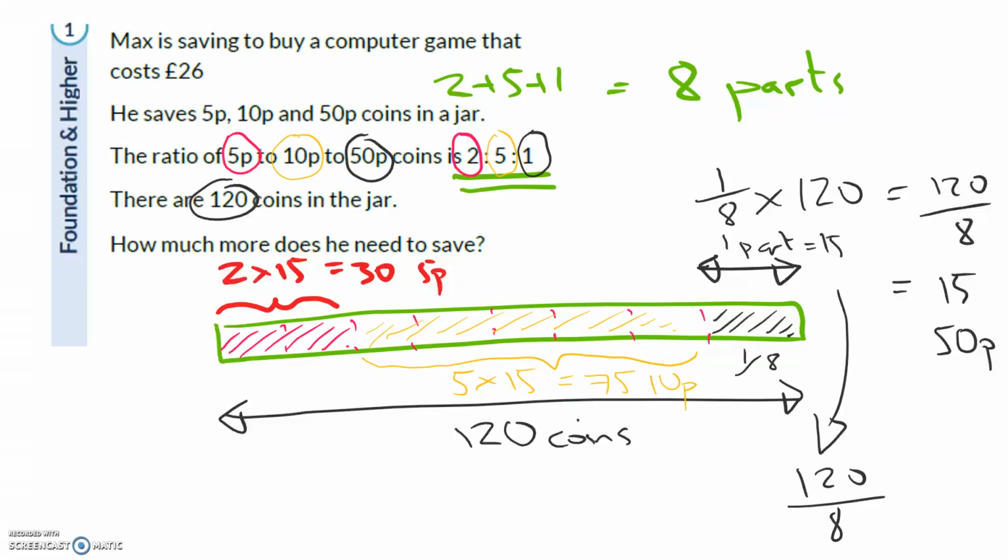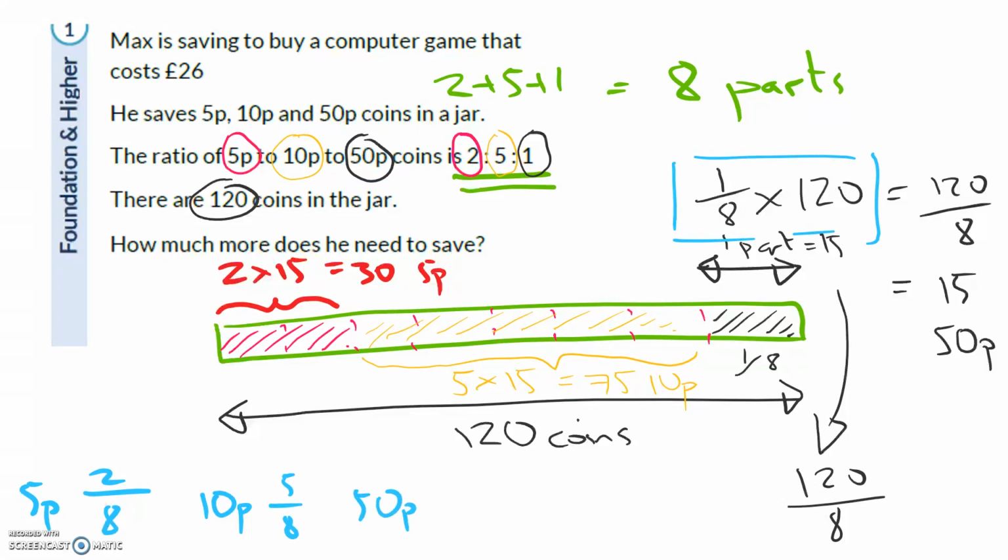Just before I stop, okay, when we look at this 1/8 times 120 here, there is another way to do the whole part of this question like that. We could have just used fractions. We could have said, okay, 5p's. If we look at our ratio and express that as a fraction, we've got 2 parts for the 5p's out of a total of 8. For the 10p's, we've got 5 parts out of a total of 8. And for the 50p's, we've got